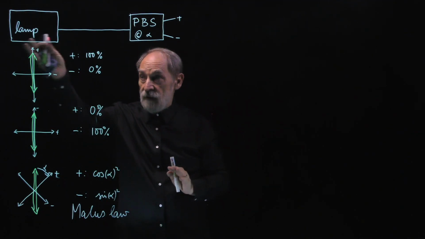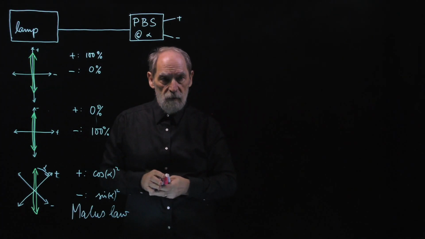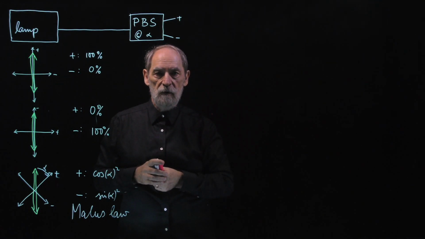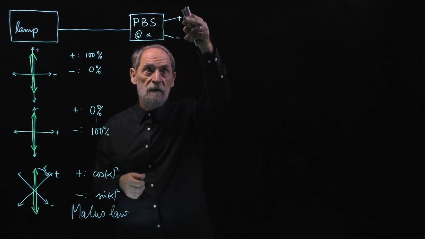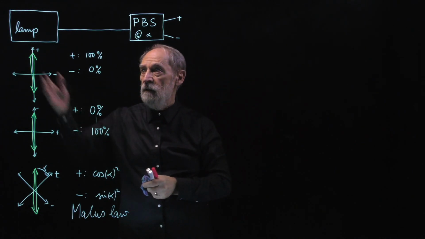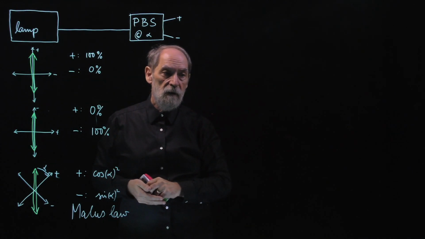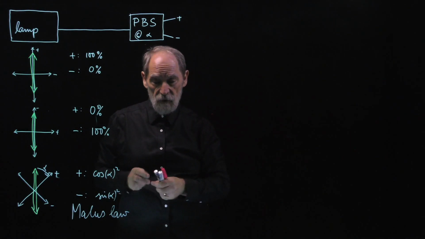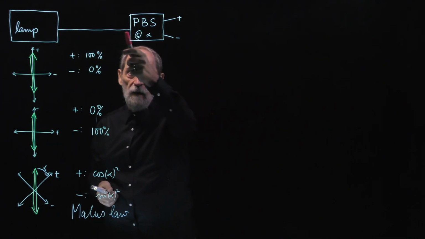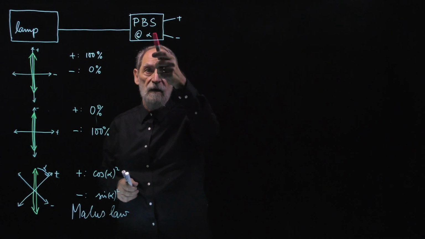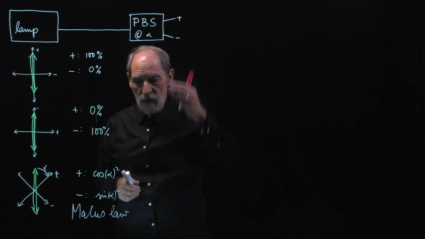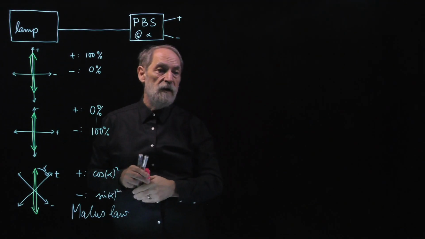Now that's all about light as emitted from the lamp. But we know that the light is made up of photons. Now what does an individual photon do? An individual photon is either detected here or there. It does not split in two. However, the Malus law has to be true, even if we think of the light as made up of photons. And that means that for the photons that are emitted by the lamp and the polarizing beam splitter set at the angle alpha, some photons go to the plus side, some photons go to the minus side, such that the Malus law is correctly observed.